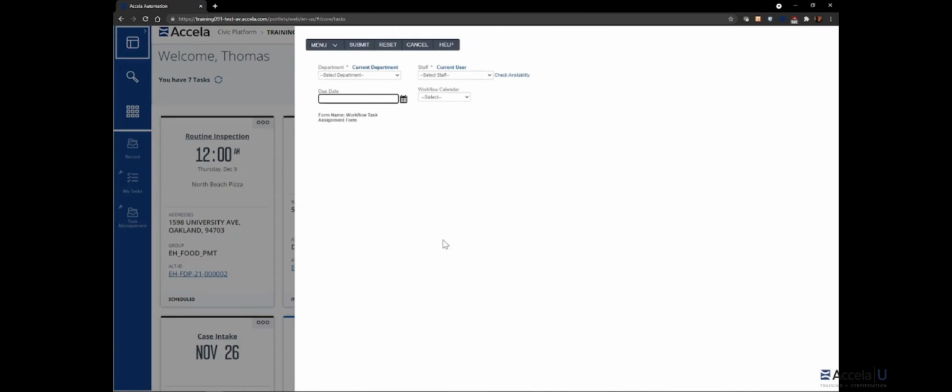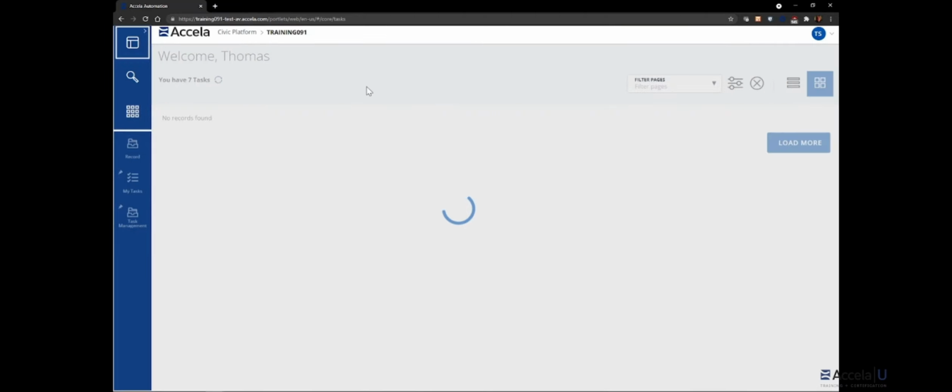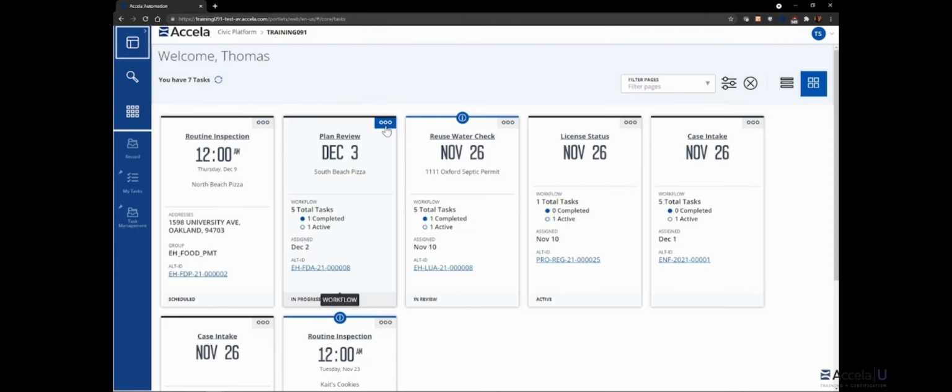Assigning is if you are, let's say, a workload manager and you want to assign a task to a plan and a user and submit that after choosing the user, and that would assign it to that person. You can use workflow calendars if those have been set up, set a due date, and there could possibly in your agency's configuration be other options there as well. So I'm not going to do that at this time, but those are the actions that you see here for